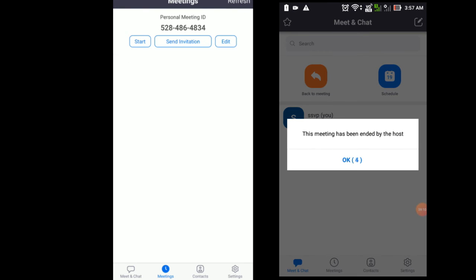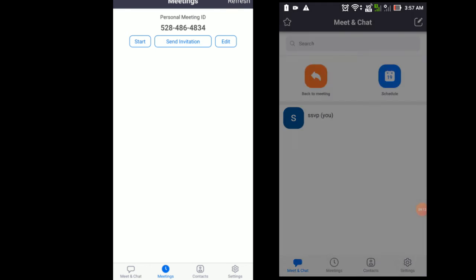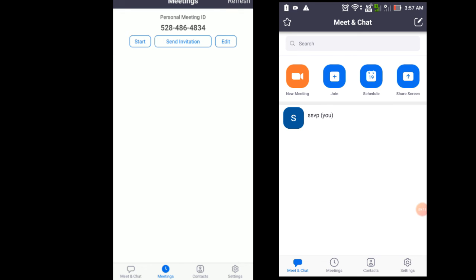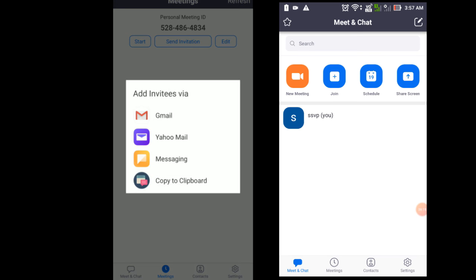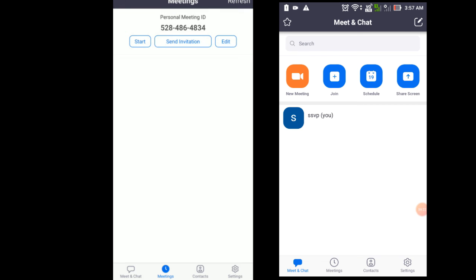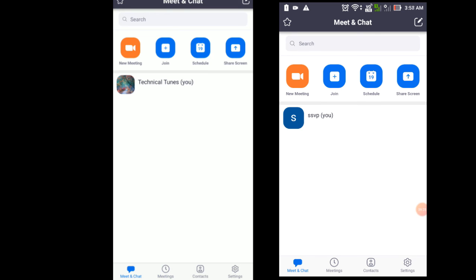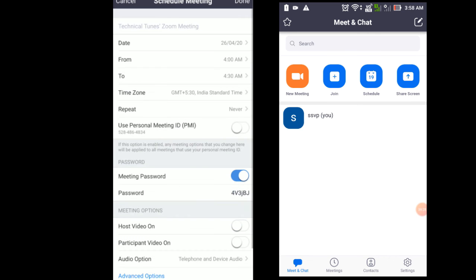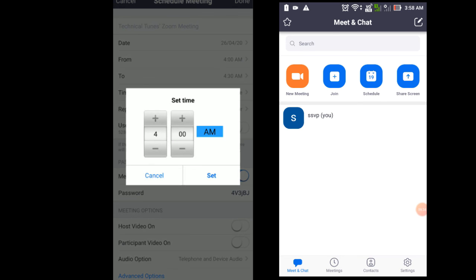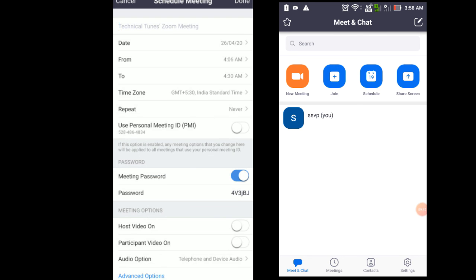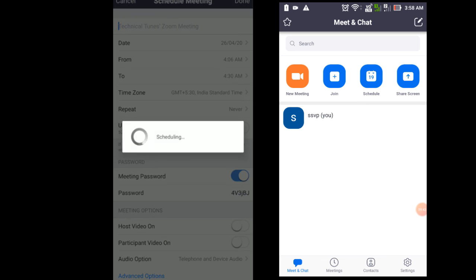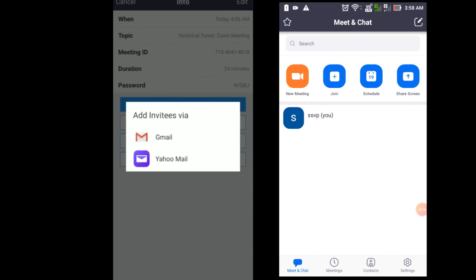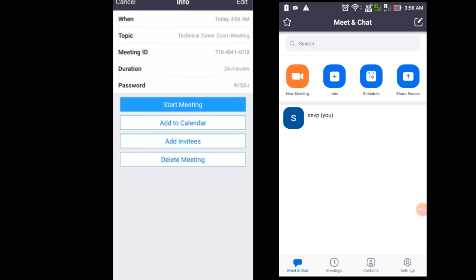So let us now see other options which are available. On the top icons, click on schedule meeting. So here you can plan a meeting well in advance by giving date, time and members, password, everything you can set and you can keep them. So it will be included in your calendar and remind you whenever a meeting is there, and also all of your members. This is one facility available in Zoom.